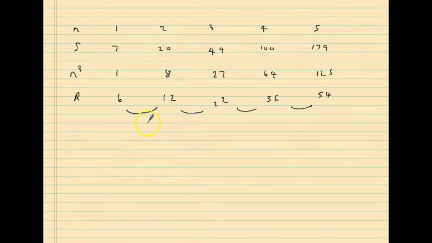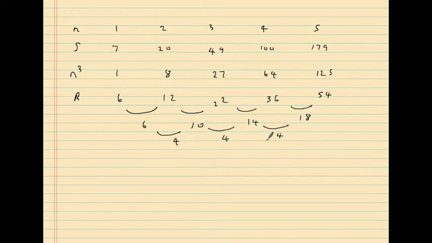For this one we've got 6, then a difference of 10, a difference of 14, and finally a difference of 18. So the first difference is not equal, so not an arithmetic sequence, so we've got to look again. Let's have a look now at the second difference,